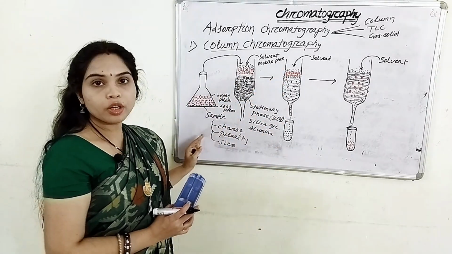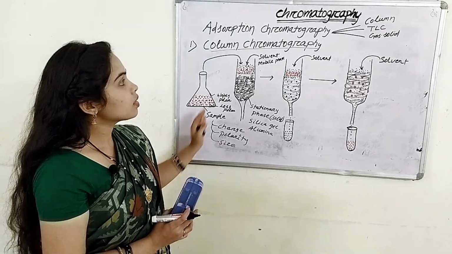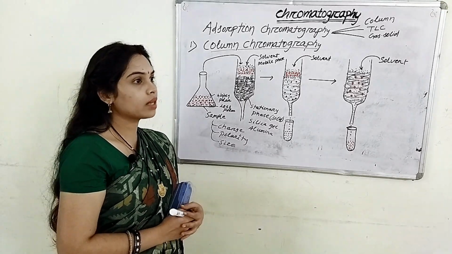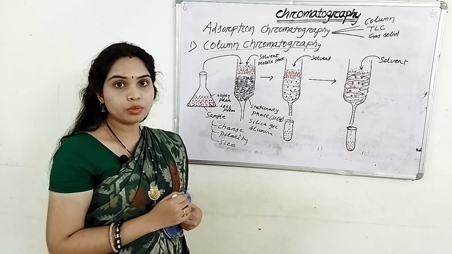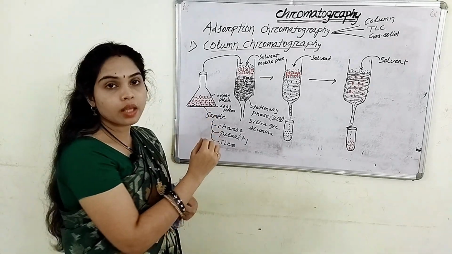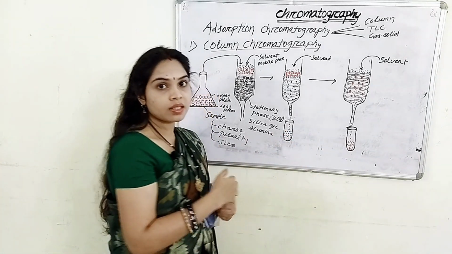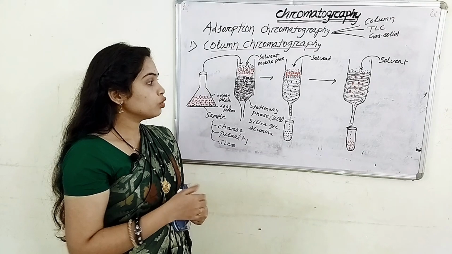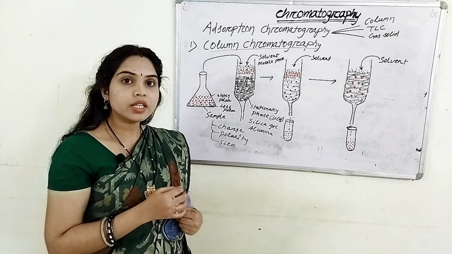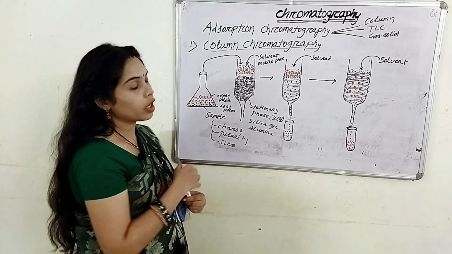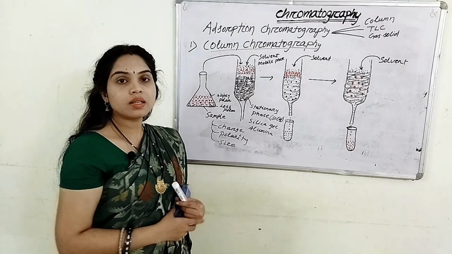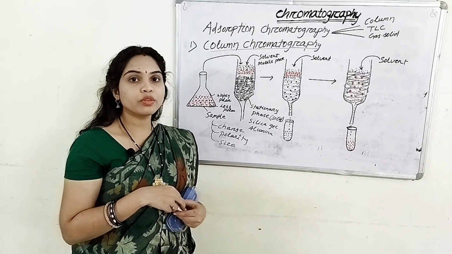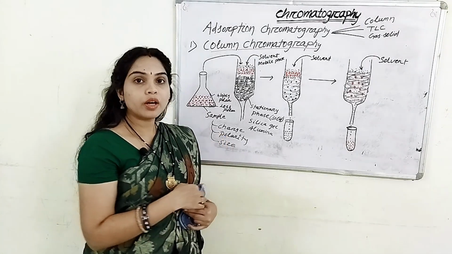So this is the concept of column chromatography, and this column chromatography is generally used to separate so many samples like the urine samples. Due to the high pH of urine, this urine sample generally eluting first, and the other components present in the urine is eluting last, means to identify the components present in the urine sample, generally the column chromatography is used, and for the separation of so many biological samples, generally we are using this column chromatography. And this is all about the column chromatography.